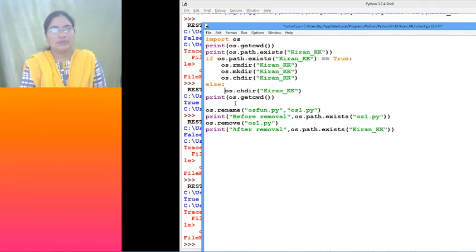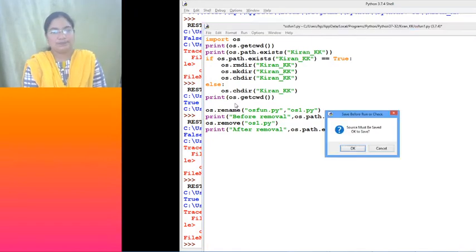So once you have changed the directory, now if you are getting the current working directory, within that current working directory, whether this function is there or not. Okay, let us execute.